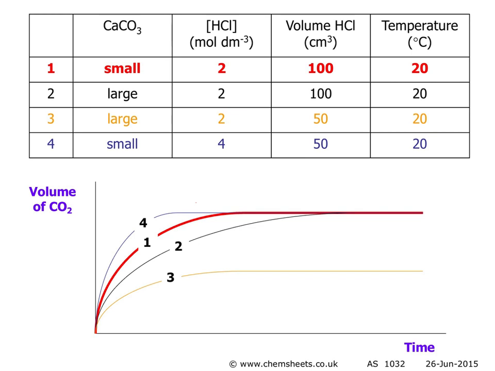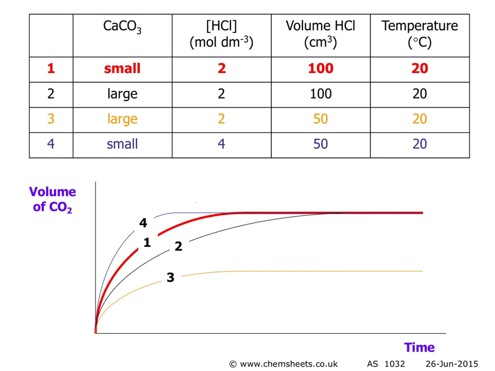Although we have different volumes of hydrochloric acid, that's not really going to make any difference to the rate of the reaction, because the initial reaction is going to be determined by the contact between the calcium carbonate and the hydrochloric acid. So having 50 or 100 isn't going to make a lot of difference, but you'll notice the concentration of hydrochloric acid is double in 4, at 4 moles per litre, and so therefore the initial rate would be faster,